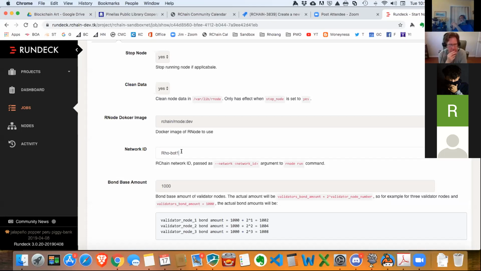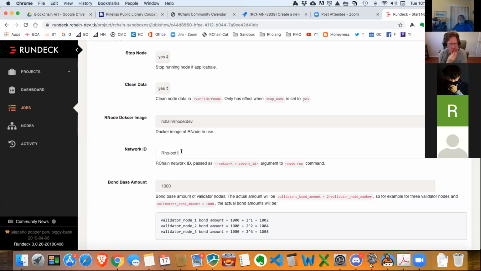But for example, you found some bug in the dev branch and you're trying to reproduce it on a stable release and on previous releases. So if you want to find out the name of what's running in the sandbox, you have to go into the jobs and look at the start to see what the name is. The name of the last run. On each run, you pick a new network ID. You can reuse a network ID, and if you reuse it, all nodes that were connected to this network will be able to